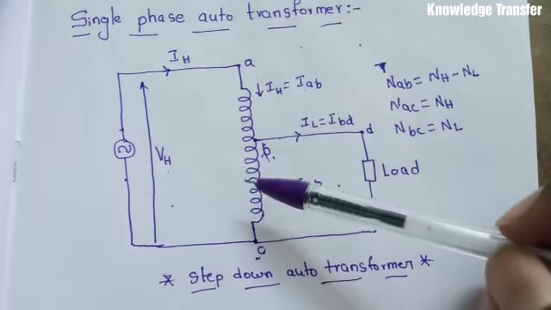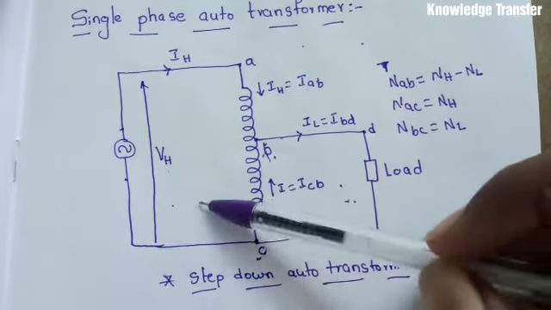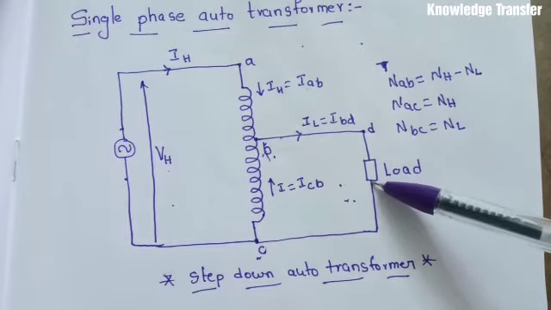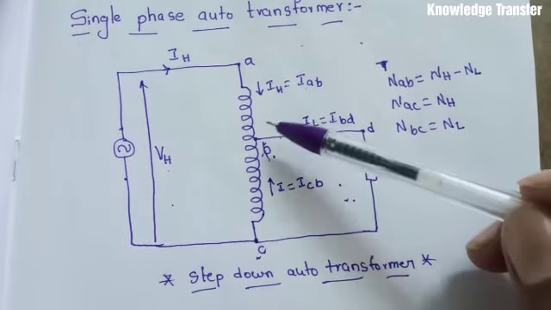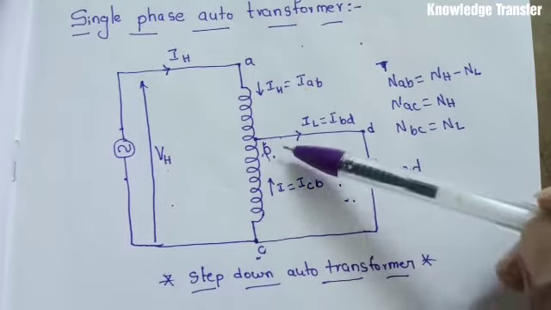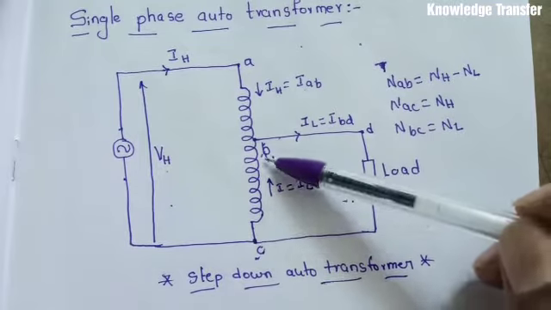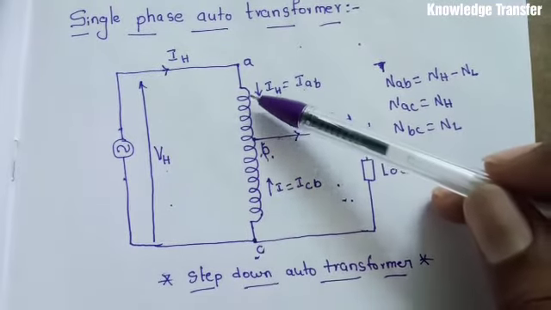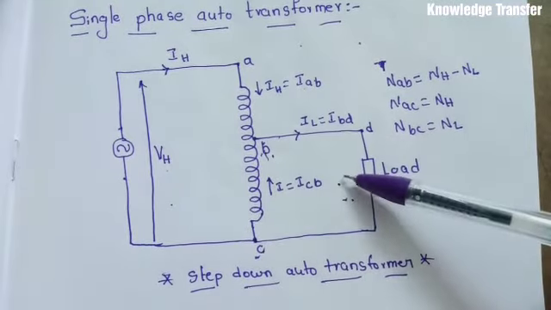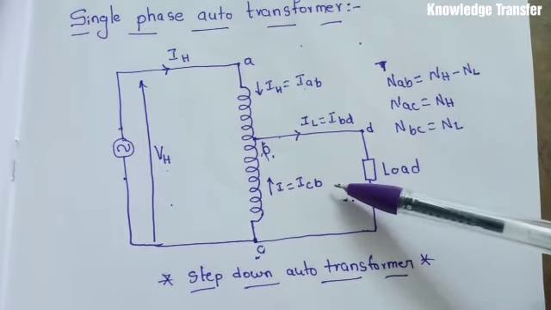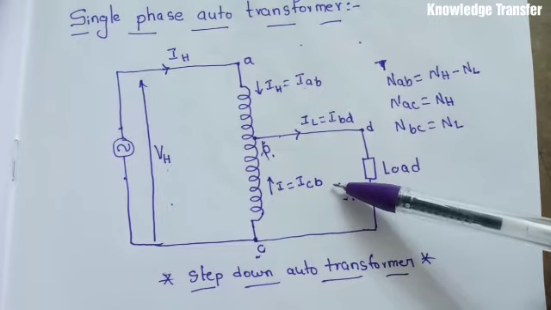In the auto transformer, primary and secondary, that is supply side and load side, are connected electrically and also magnetically coupled. Electrically means BC is connected electrically from the load side and the supply side, hence it is connected electrically, and also the primary and secondary are connected magnetically also. They both are coupled, hence primary and secondary of the auto transformer are connected electrically as well as magnetically.